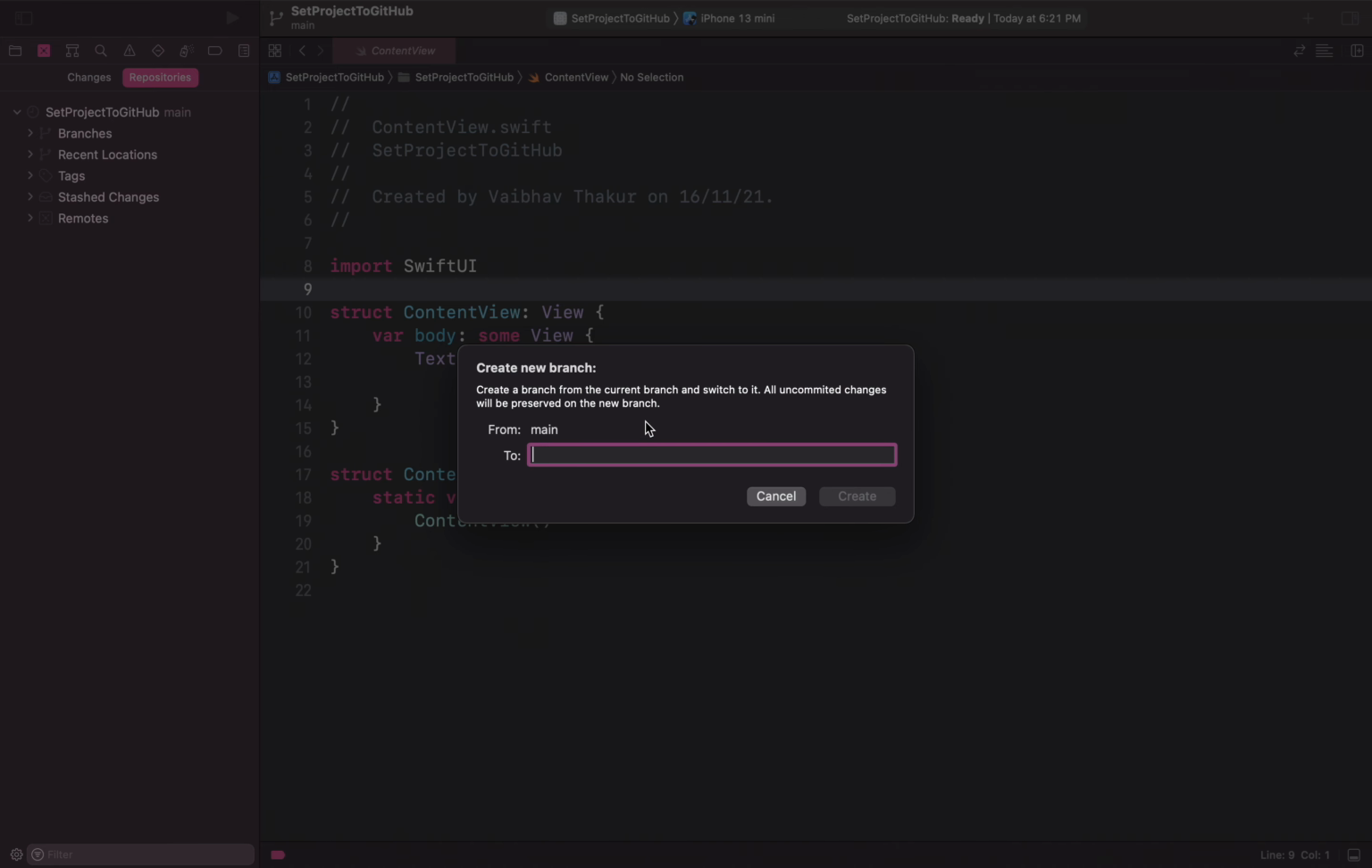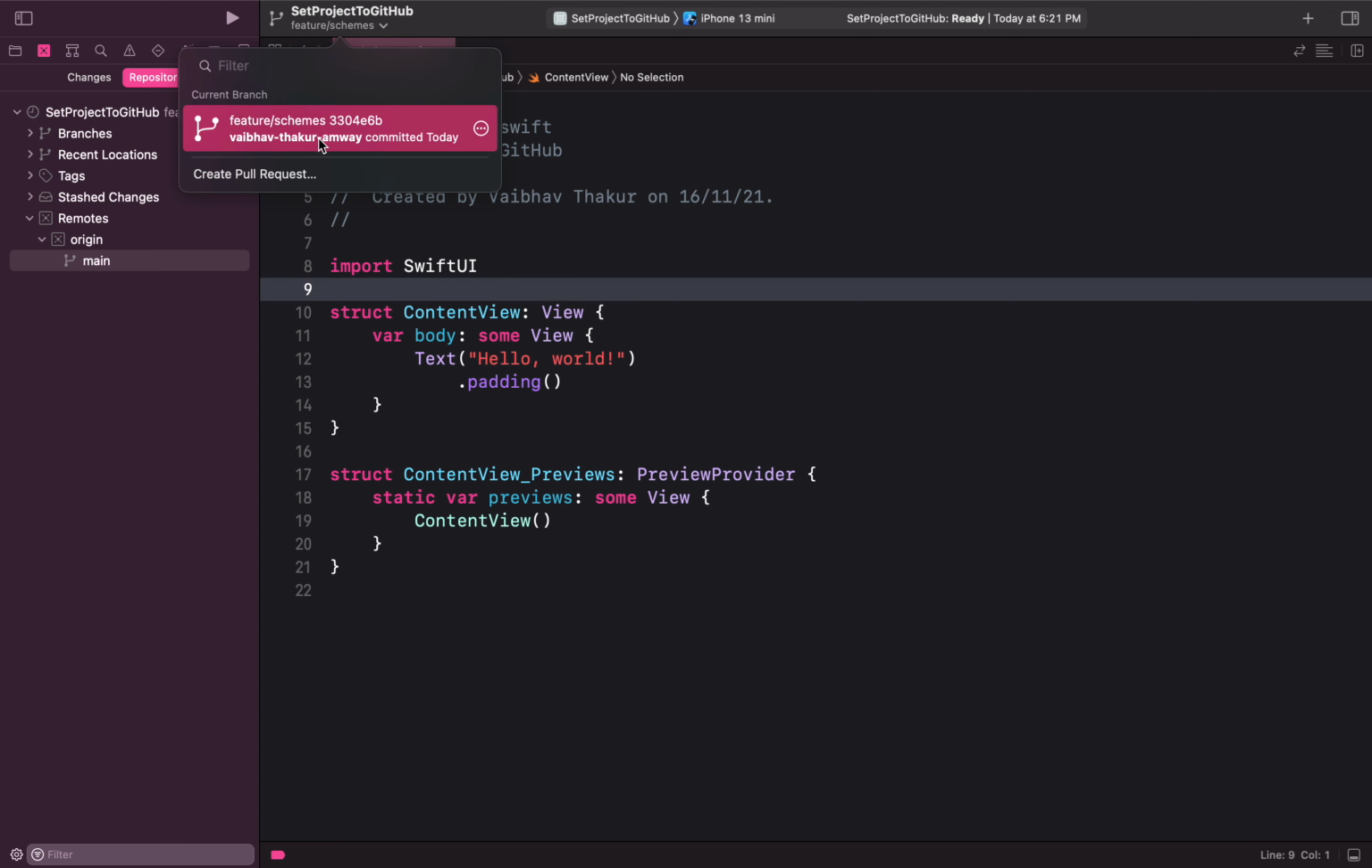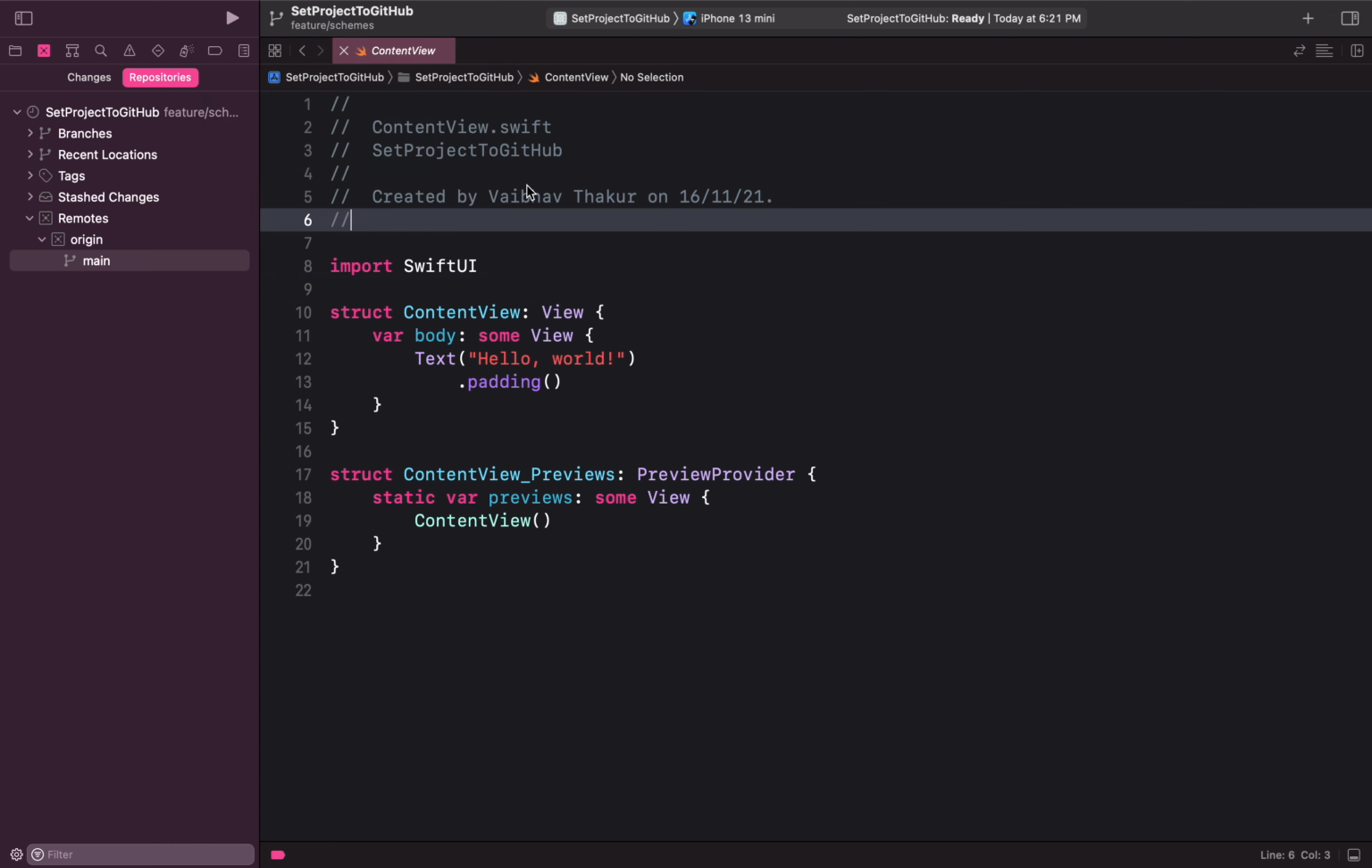I'll give it the name feature schemes. Just click on the create button, and now we are on a different branch altogether. We are not on the main branch. So now we'll do all our changes on this schemes branch,